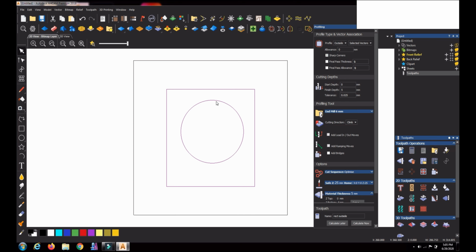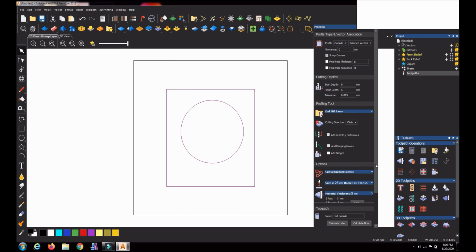But if you are taking the full material, that is the material in between the circle and rectangle, then this side is outside the material and this is inside the material. Okay, this is also outside the material because this is the material, both sides are outside. So that's why we are taking profile outside, and the finished toolpath the same. The tool we also selected the same.